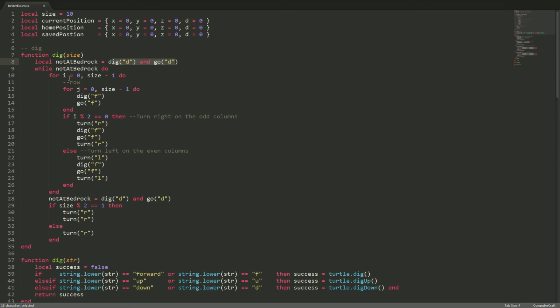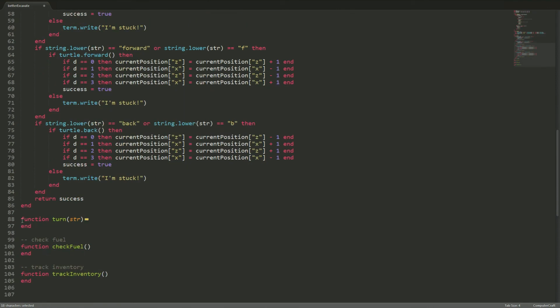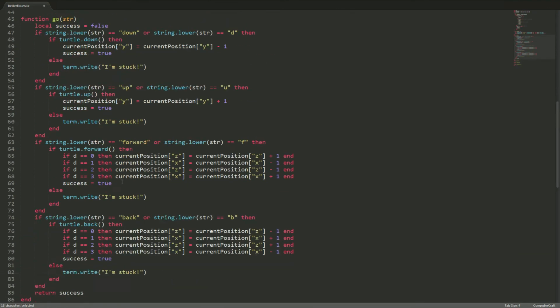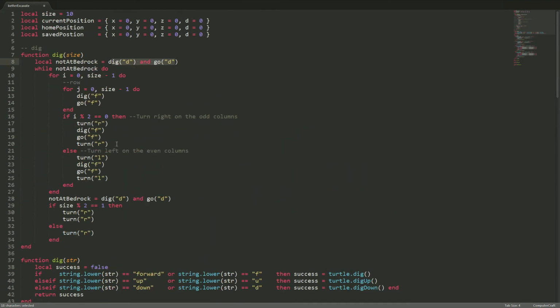And so we have our loops, and we made it 0 indexed. I think for now I'm probably going to be making a lot of my indexes 0-based indexes, because that's what I'm used to. Okay, so this is true because we were able to dig down and go down, so we are not at bedrock. So then we go, and for this column, right, this is our column,